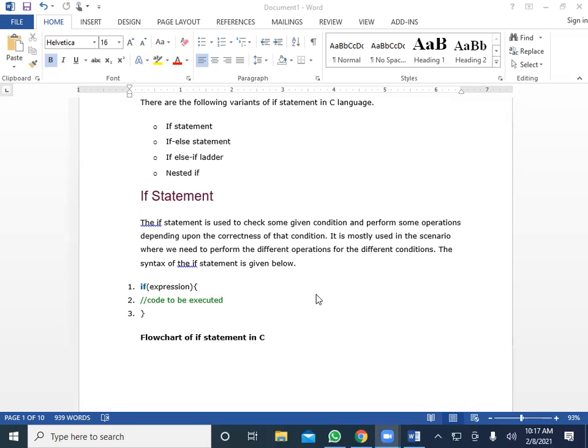Yes, Safa, tell me, when we say that the person is eligible for vote? Hello, Safa, are you there? Tell me, at what condition do we check whether the person is eligible for vote or not?